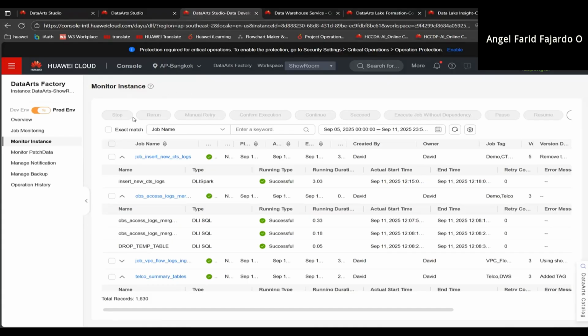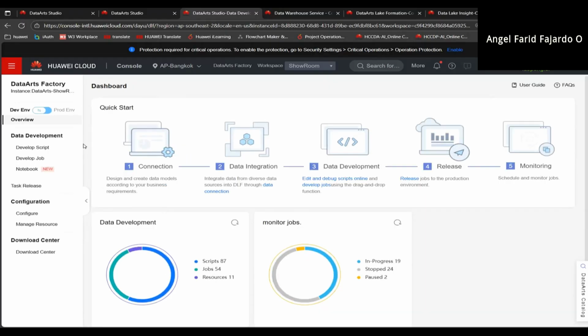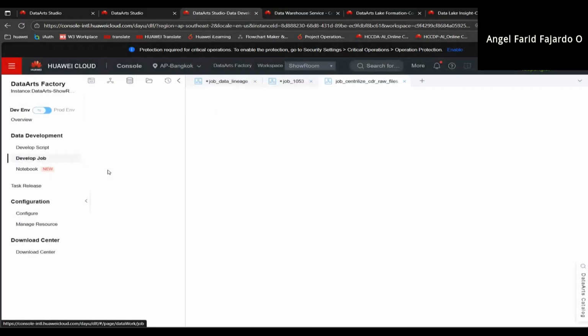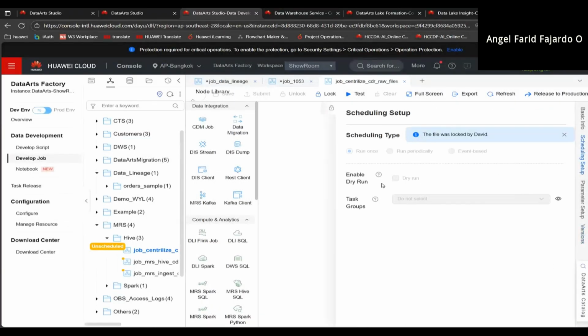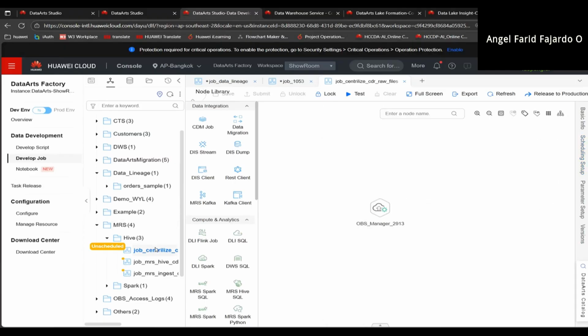And I'm going to close this part of the Data Factory. This is, I think, the most common in DataArts: the ETL development, very easy to use, version control, scheduling in the same platform. You don't need to set a cron in a file on a Linux server. You can schedule your execution from here. And I think the most important is that it works and it's easy to use. Okay, the second part, very